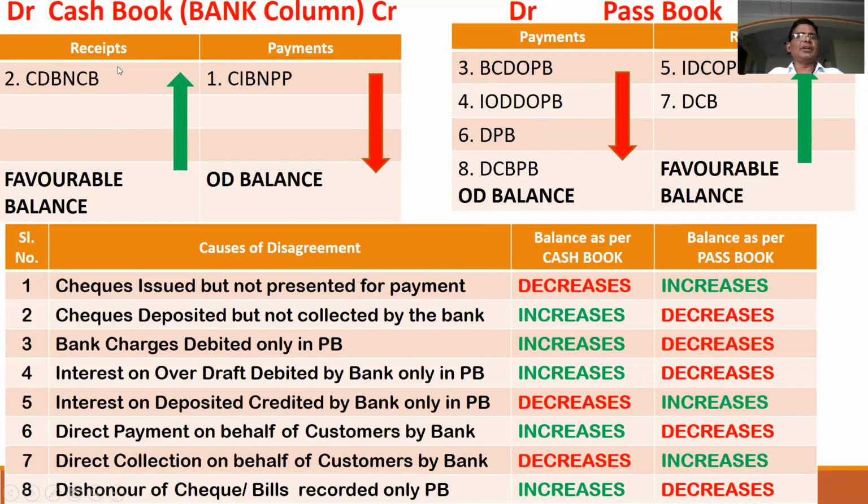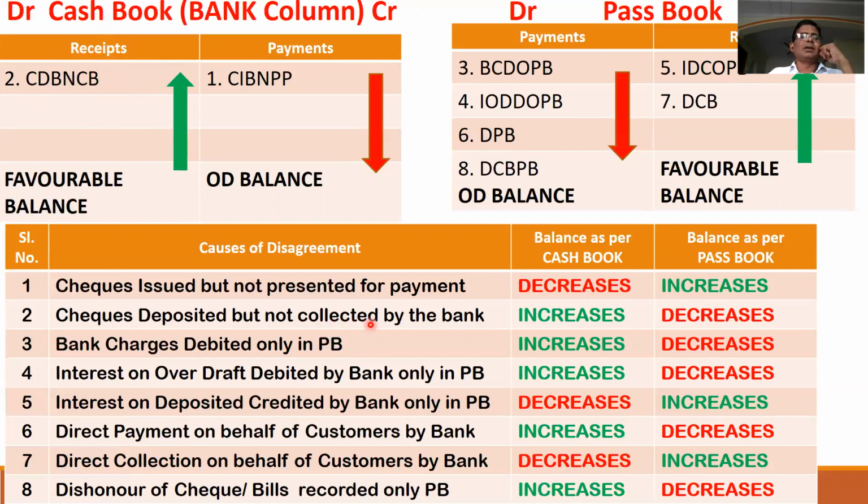That means we debited our cash book. So the cash book bank balance automatically becomes 20,000 plus 10,000, which is 30,000, because we debited. It is the receipt side, and whatever you debit, the cash book balance increases. But the bankers will not record the same,